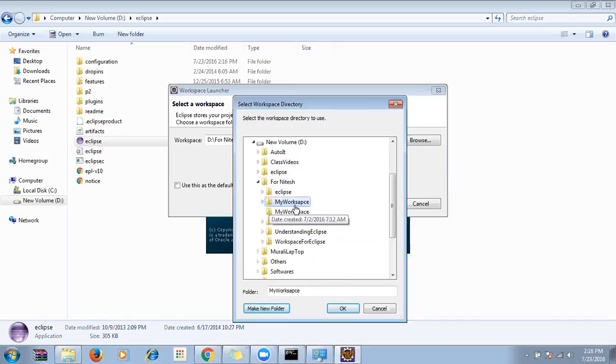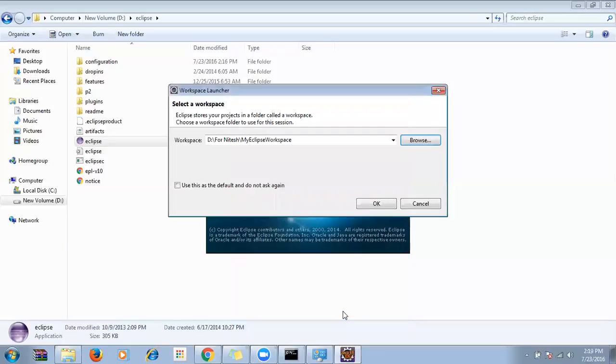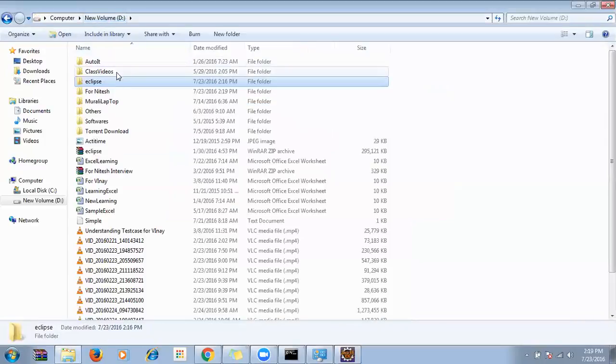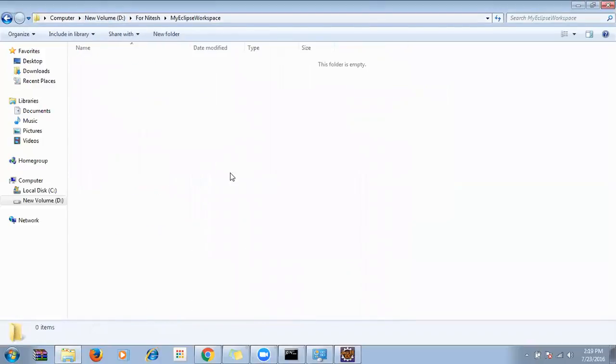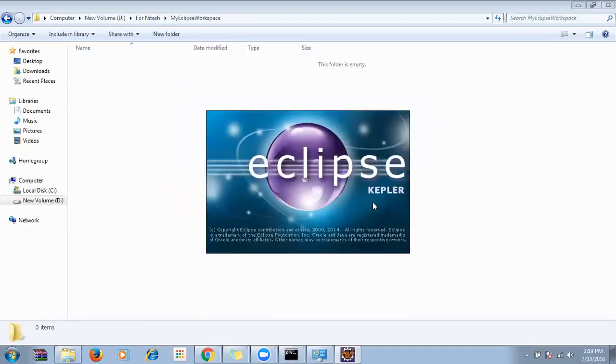Okay, the problem is actually inside my workspace. I created it in a different location, inside some other workspace, instead of creating it for Nitish. In the Nitish, my Eclipse workspace, I'll go here for Nitish, then here my Eclipse workspace over there. Then when I click on OK,